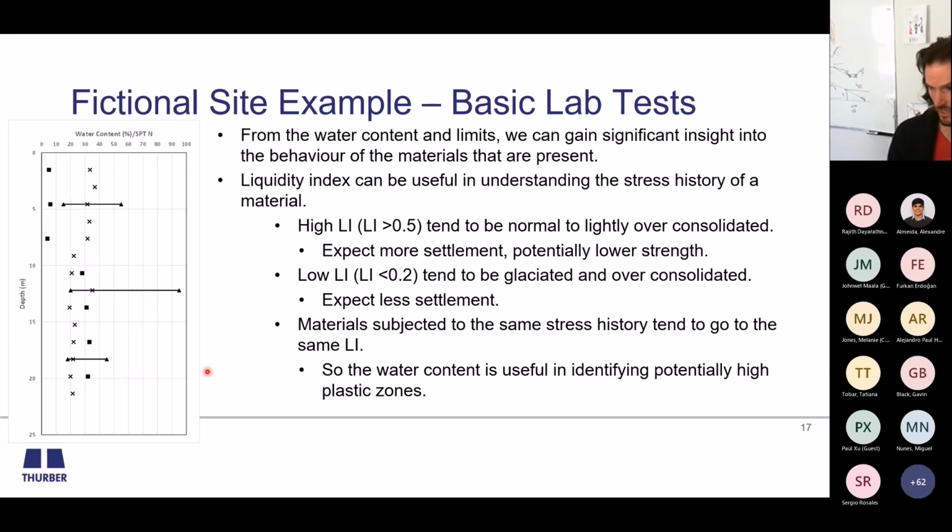So they kind of tell us, okay, here's this layer, and then it tells us what facies are present. But another way that we can find where these weak layers are is we go through and look at water contents on tightly spaced intervals, and you can actually find these zones that are very high plastic